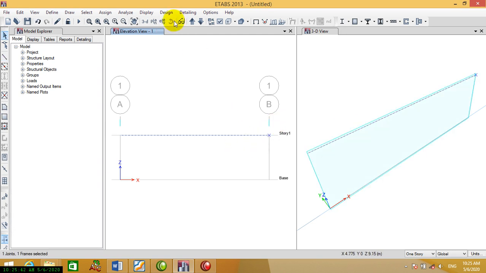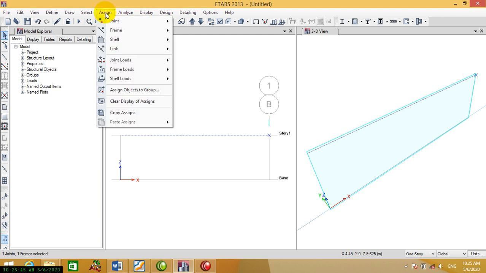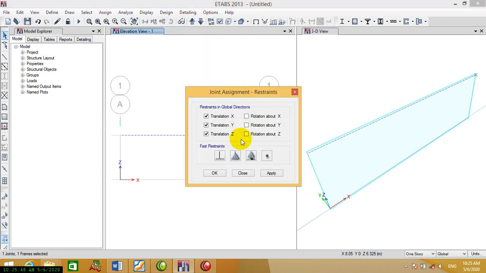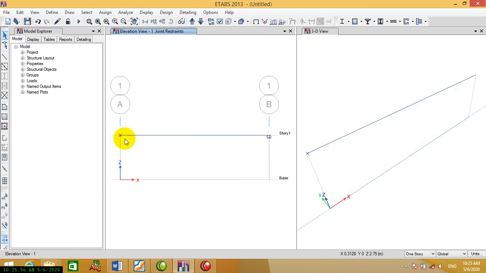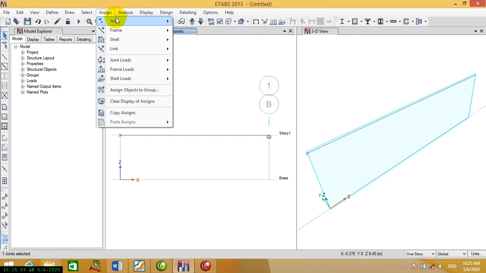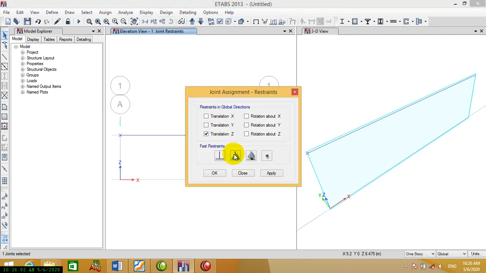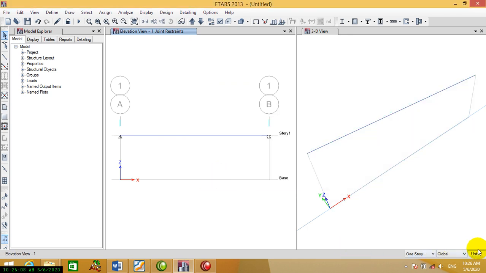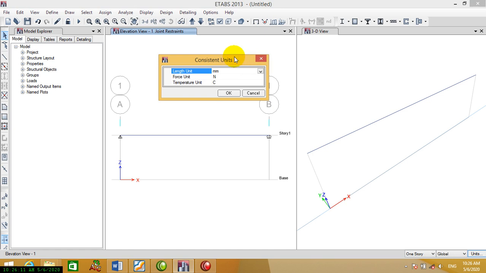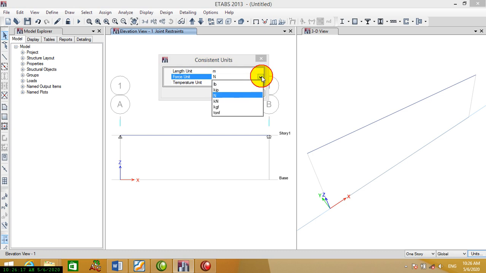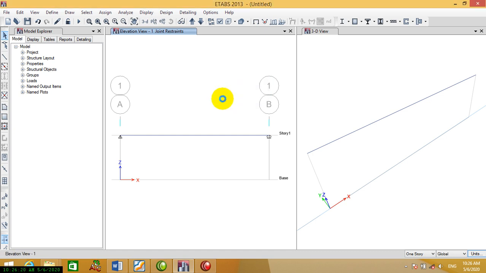We define restraint, assign, joint, and we use ruler for this support, and we define the support as pin. Then we change our unit, the length must be changed to meter and the force must be changed to kilonewton. Okay,